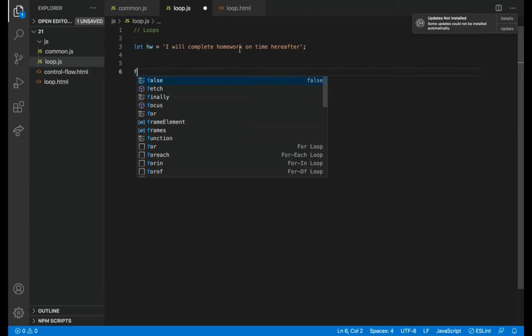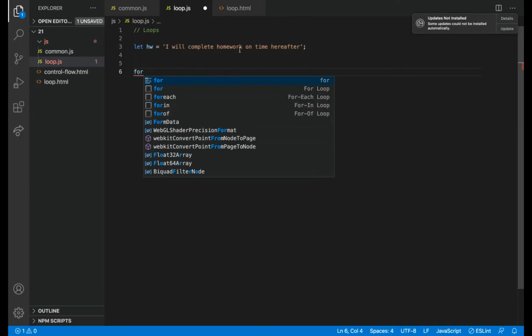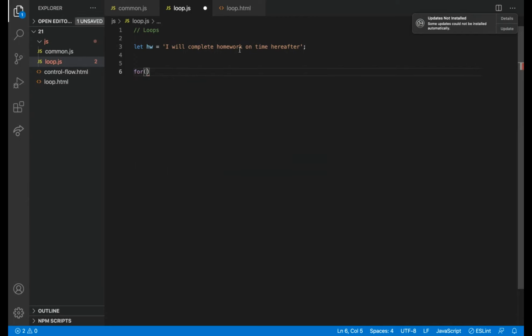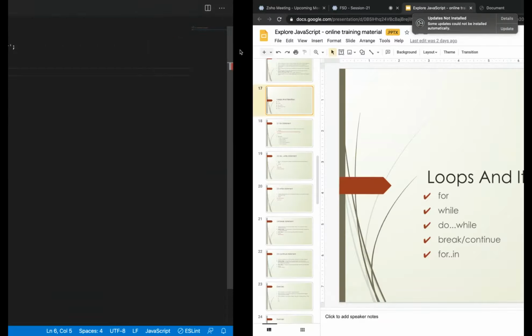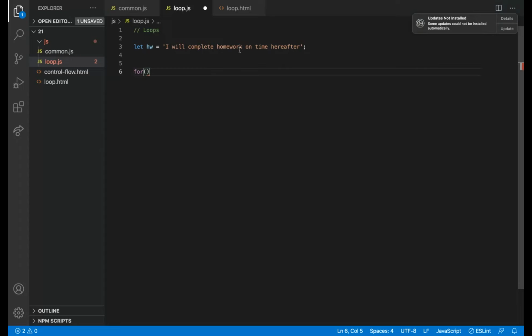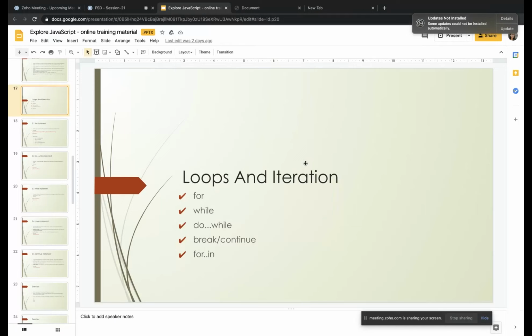If I know the looping concept, the first looping concept we are going to learn is the for loop. There are other loops also. We will first learn the for loop with this example itself. So let i equal to 0. What is this? This is a loop variable.